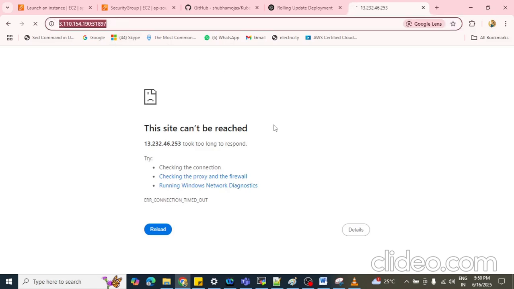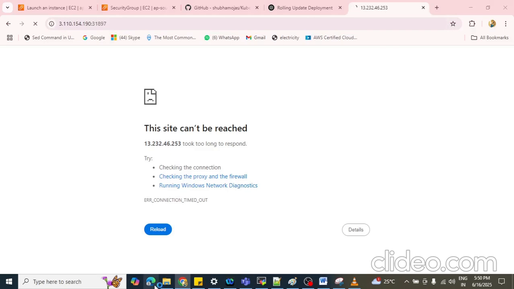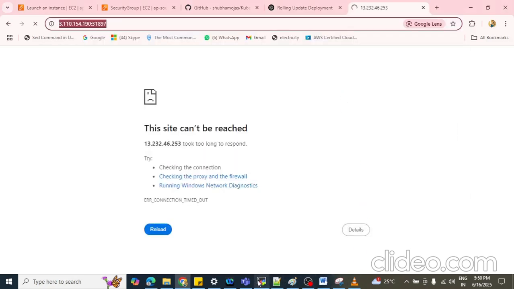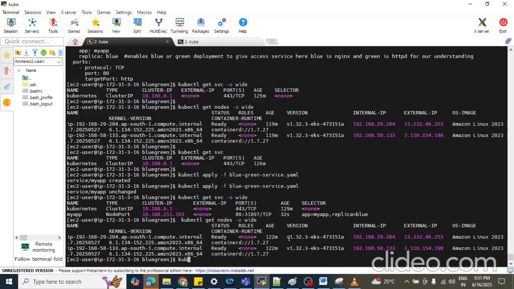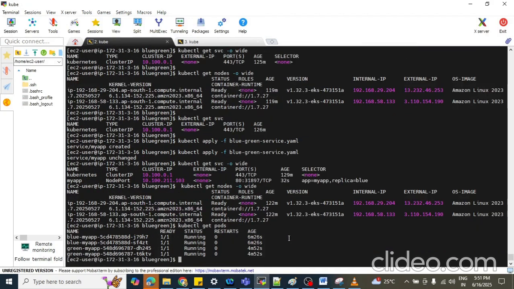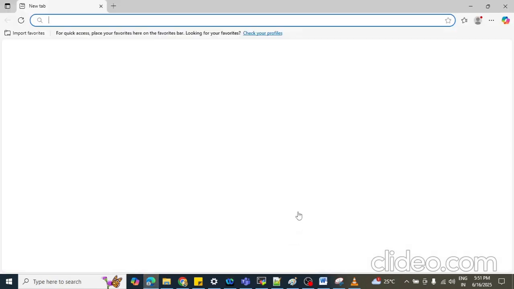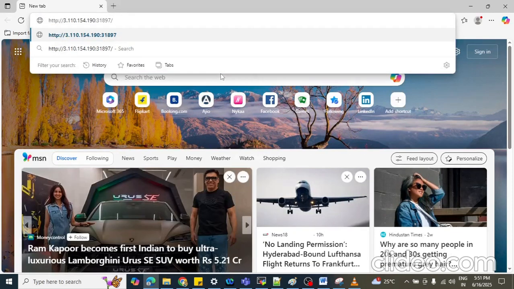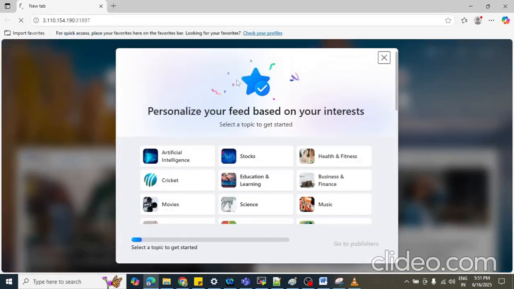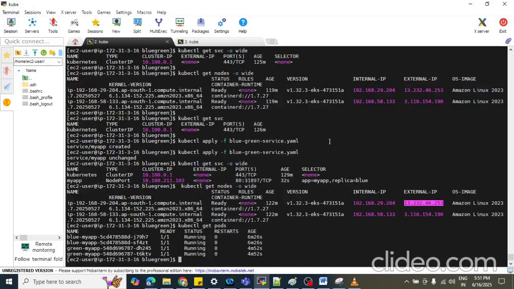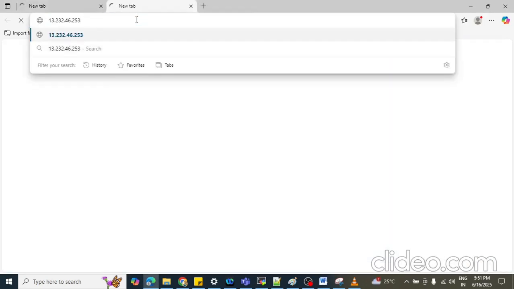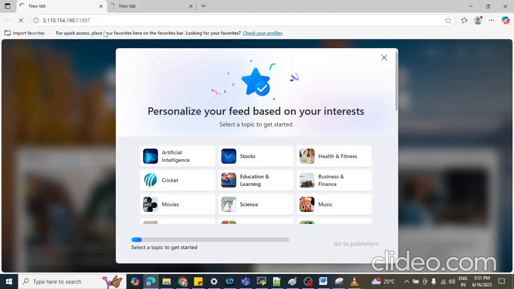Let me try to execute it in a second URL, second browser. Okay, Blue Bots is running.